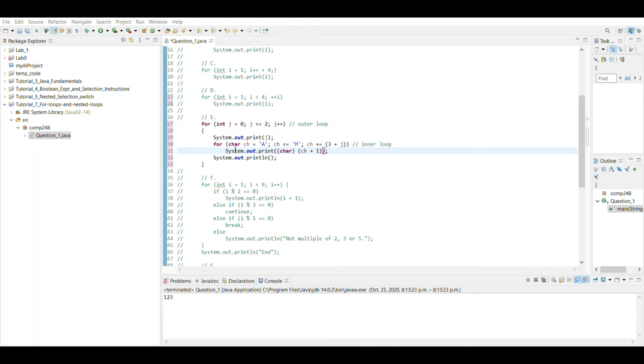For the outer loop, we have a new iteration. We increase the J variable to be 2. 2 is less than or equal to 2, of course. So we go ahead and print the value of J here. And we initialize the letter ch to be A. Ch is less than M, so we go ahead and print ch plus 1, which is B,